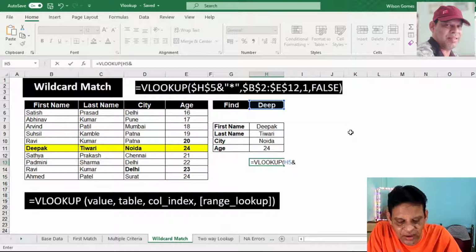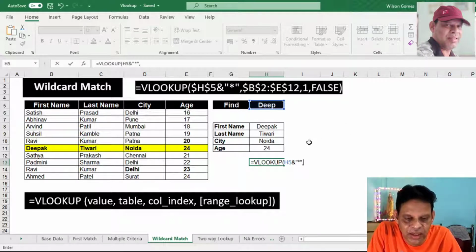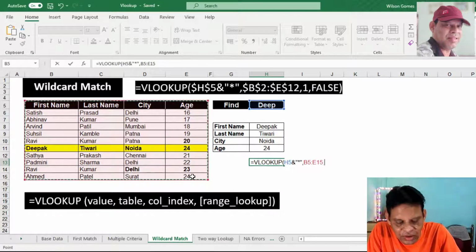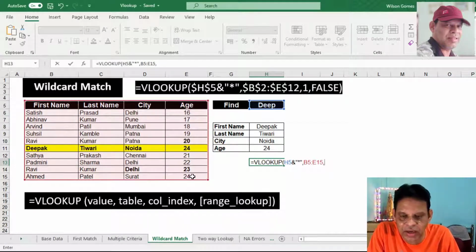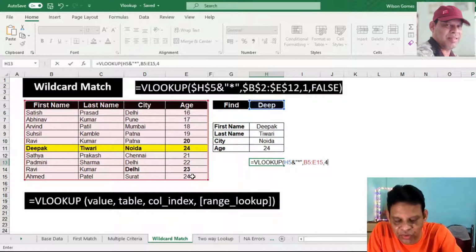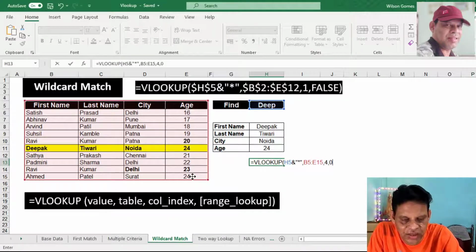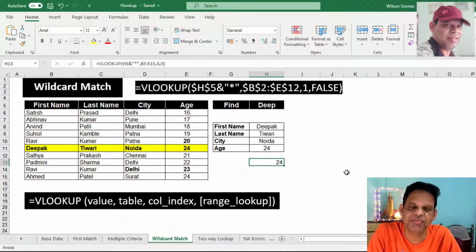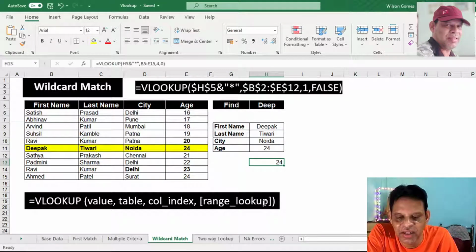Then and open quote, asterisk, close quote, comma, then table range, comma, age is there in fourth column, 4, comma, 0, I want exact match, close the bracket. Here I have got 24.